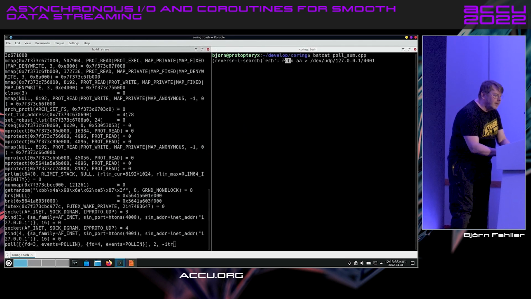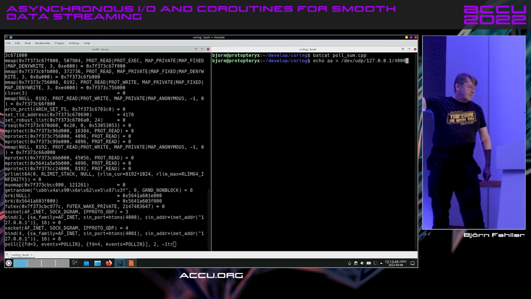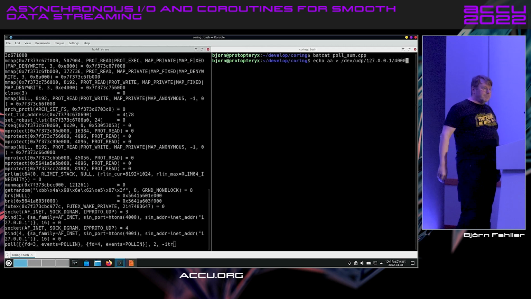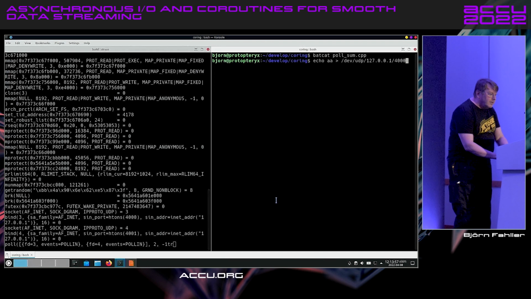So I can do like this. This is also another cool Linux thing, or actually it's a bash shell thing. It has a pseudo device for UDP ports. So I'm just echoing something to /dev/udp/localhost/4000, and then it makes a UDP packet of the data and sends it to that port. So if I do that,